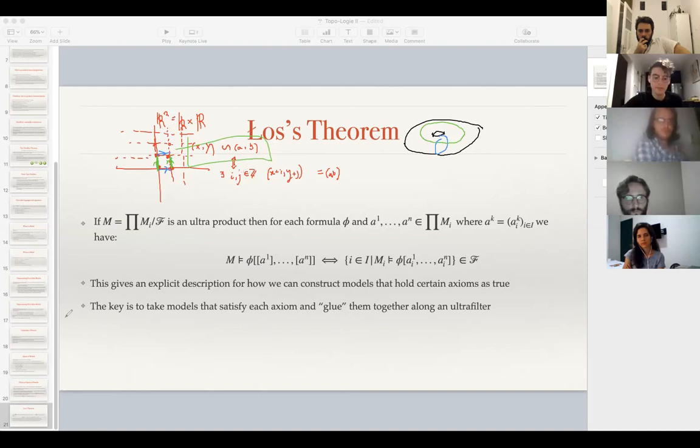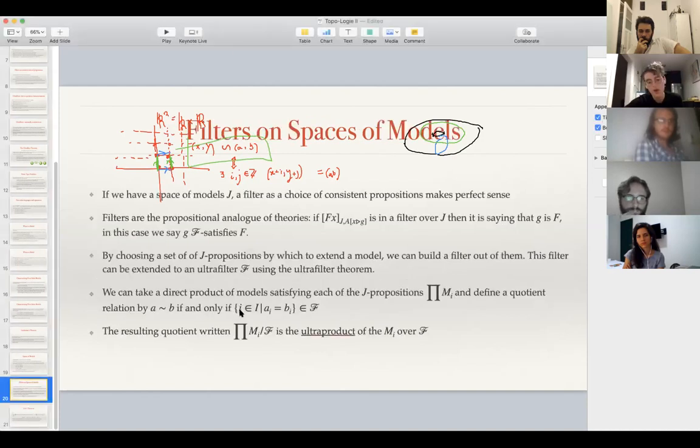In our case, the relation is, where is it? Here, this one, where the indices where they agree is in the filter. We're using the filter and an equality as a relation so that we can do the same kind of quotienting, where we identify elements together. So okay, think of this in the same way,